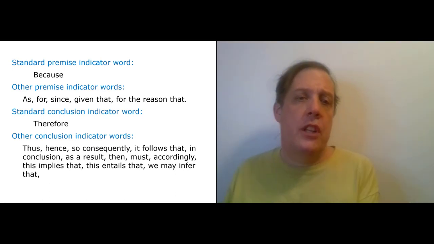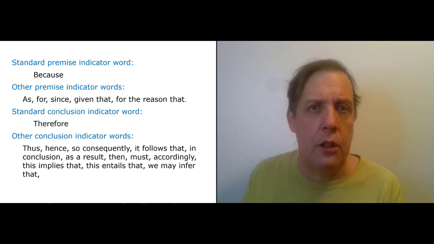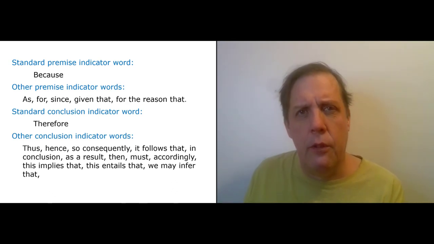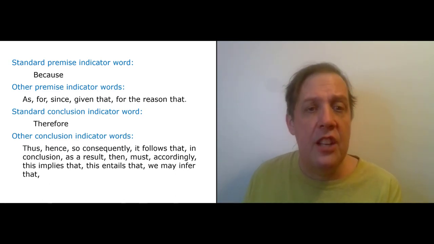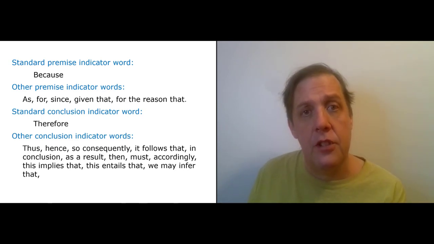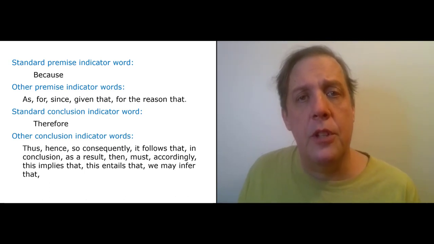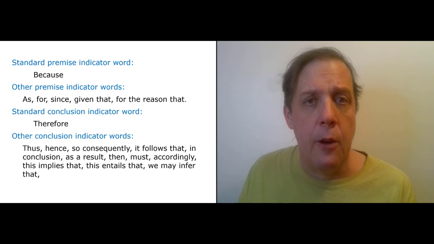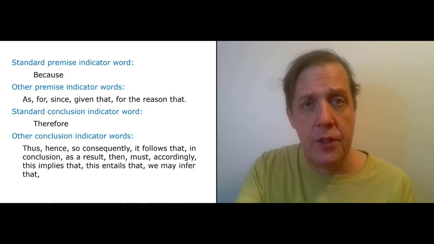The standard conclusion indicator word is therefore. So basically, your two most standard words in English for dealing with arguments are because and therefore. But there are a slew of other indicators in English that are basically synonyms for therefore: thus, hence, so, consequently, it follows that, in conclusion, as a result, etc. So when you're identifying arguments, you want to look for premise and conclusion indicator words. And this tells you both that there is an argument there and